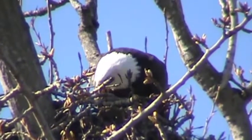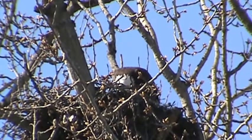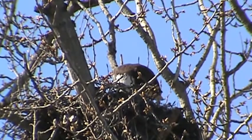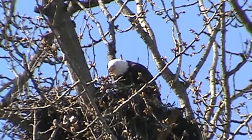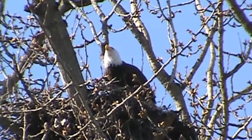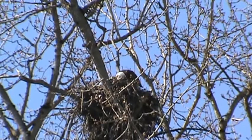Alright, now here comes the male in now. He's coming towards the nest now with some bedding. And I think it's going to be, he's circled by, see if he's going to come in. He's turning around. He's got some grass or something in his talons. He's doing a couple circles. He's trying to line up on the nest here, so I'll get back here a little bit. There he's coming in. Look at that. He brought in some bedding, so